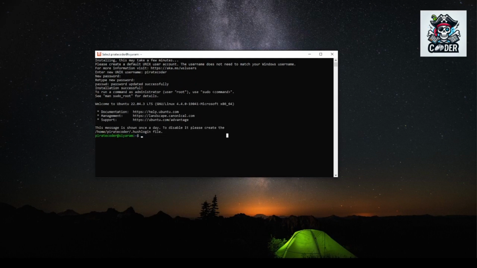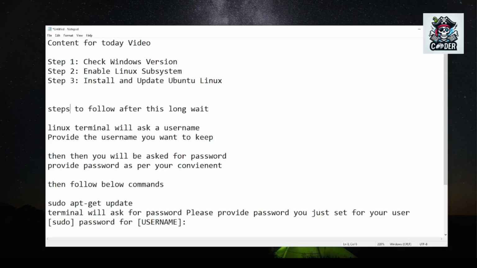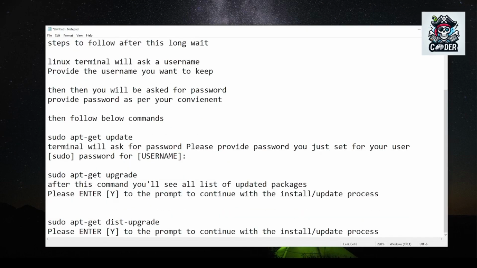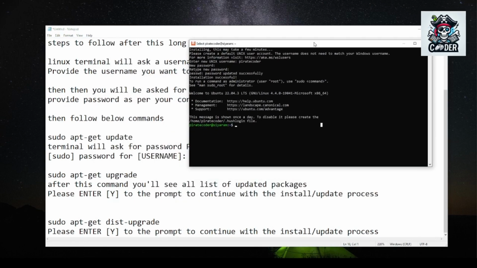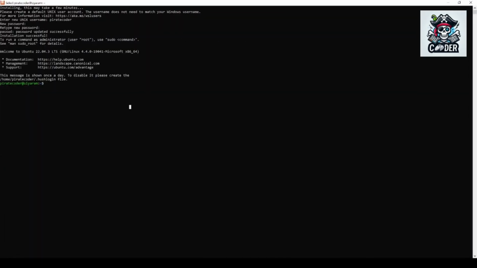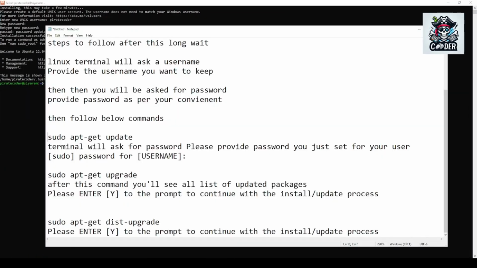So I'm just giving a brief description about the things we have to follow after this step. So till now we have provided our password, we have given a username to create a user. Then what we need to do here is this step, we have to start with all distribution installation and updates. So let's type this command. Hopefully this is all visible, but if it is not, let me just put it in full screen mode, and yeah, that's it.